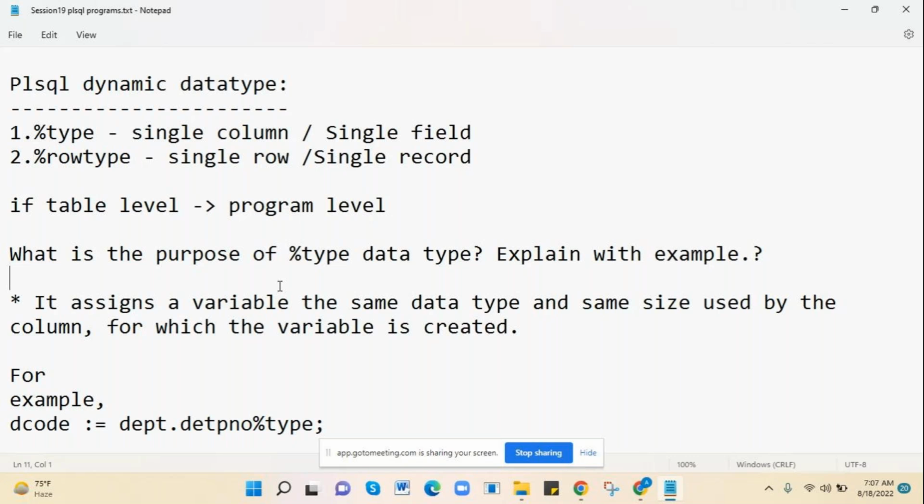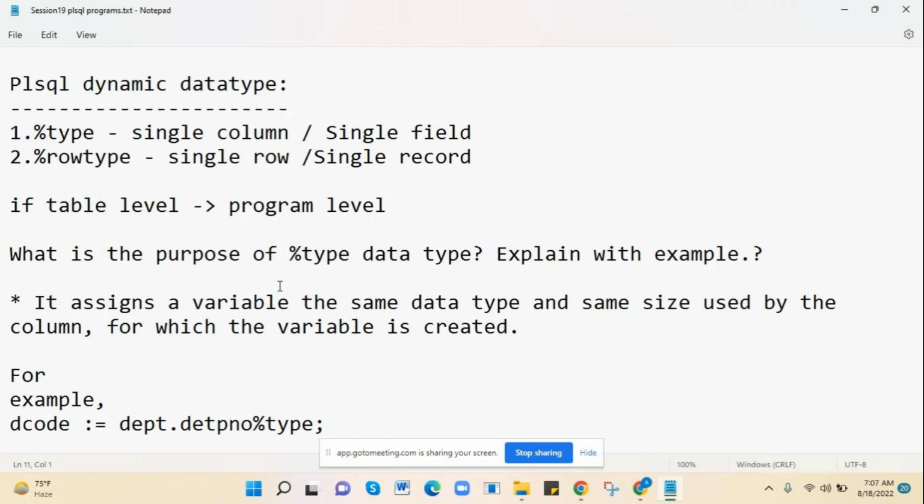Now you want to create a new table, and you want the exact data type of a particular column. For example, in the EMP table you have a salary column, right? The data type of salary is number 10 comma 2. You want the exact data type of that salary column,